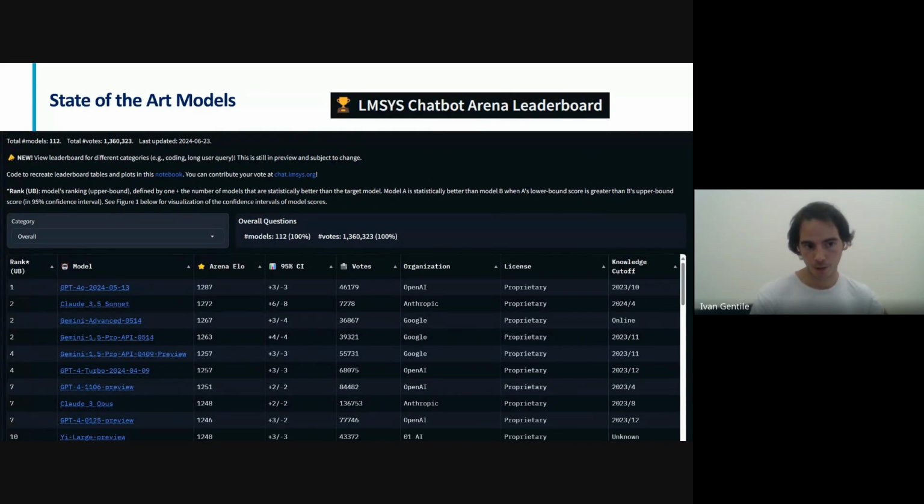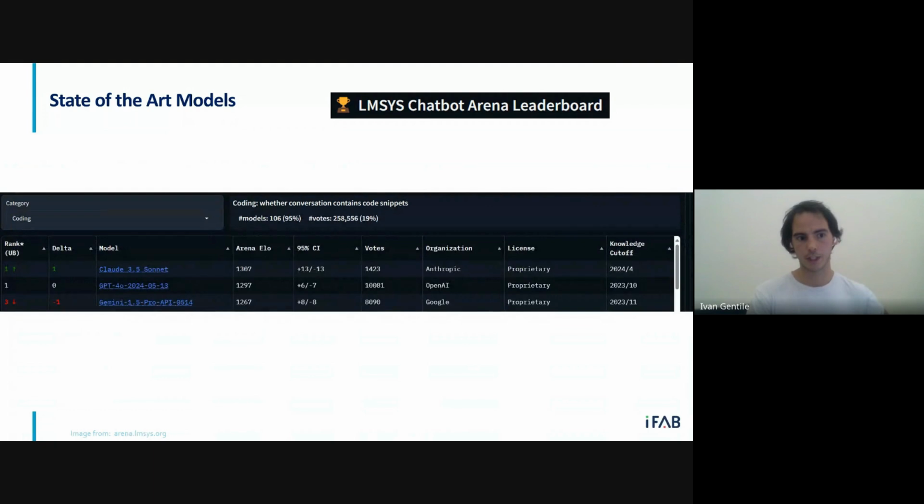We see the first one is still GPT-4o, and then the second one, this is actually a new entry, is Claude 3.5 Sonnet. This is the medium-sized model that has been released this week.